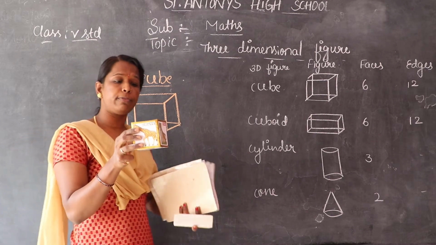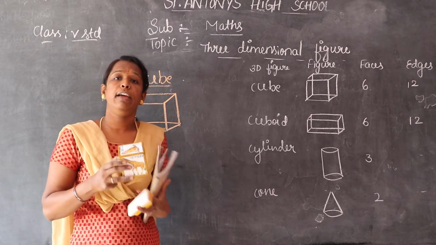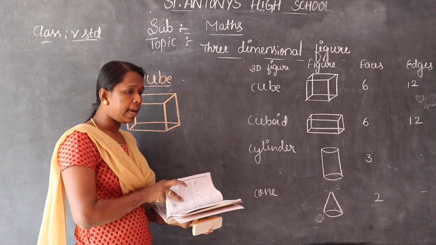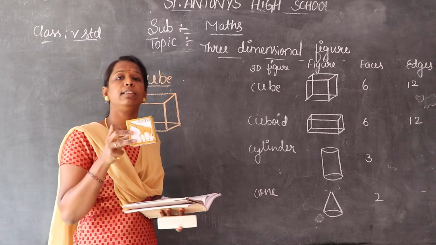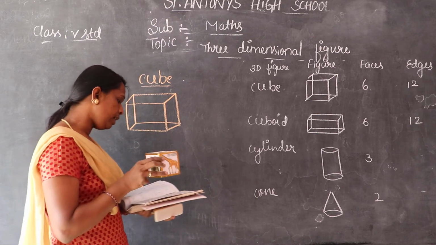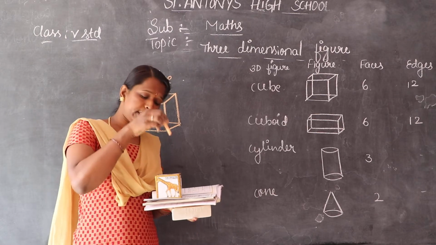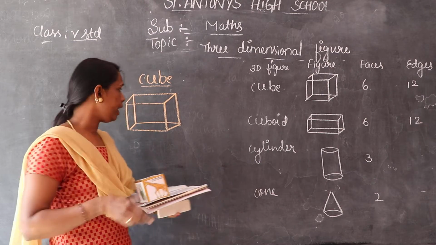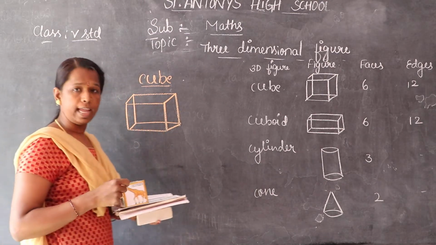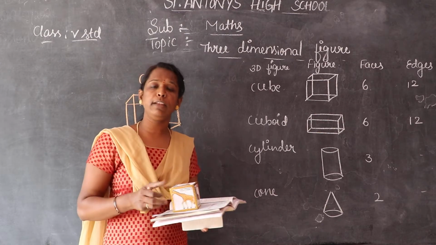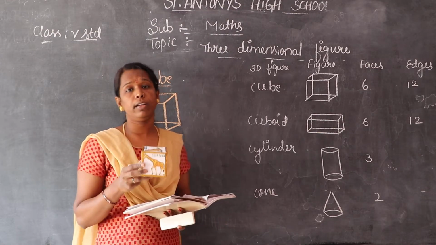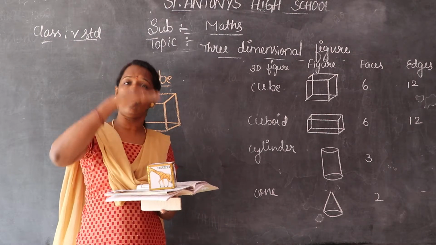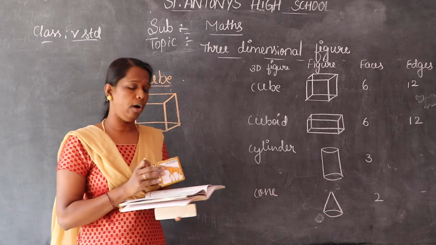And when we see the object from left to right, what do we call it? Side view. When we see the object from left and right, that is called side view. And the objects which can be seen on the top, we call it plan or top view. So when we see the object from the front, it is elevation. From the side, left or right, it is side view. And from the top, it is plan or top view.